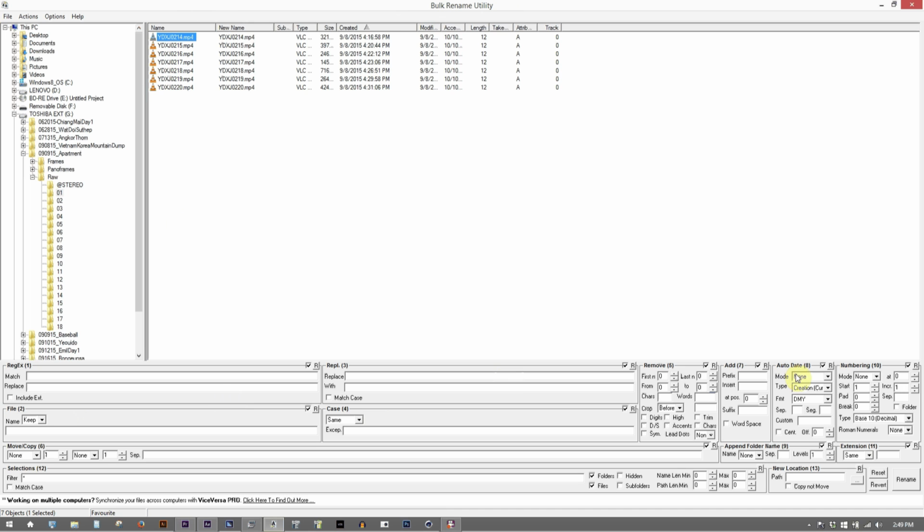So there's a lot of different settings, a whole lot of things you can do in this software. I'm just going to show you really quickly what I do, the basic thing, which is first I remove the old name. You can see here it's showing what the name is going to become after we do this. I'm going to put this folder, this is the 01 folder, as a prefix. I'm going to insert an underscore at position 1, and then I'm going to put some capital lettering like this as a suffix. So that means that this first video file in this folder is going to get renamed to 01A, and if I select this next one, this would get renamed to 01B, and so all I have to do is push rename,